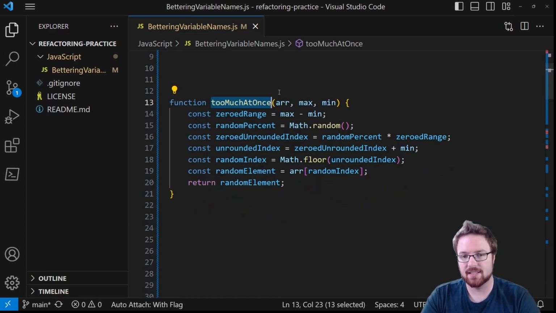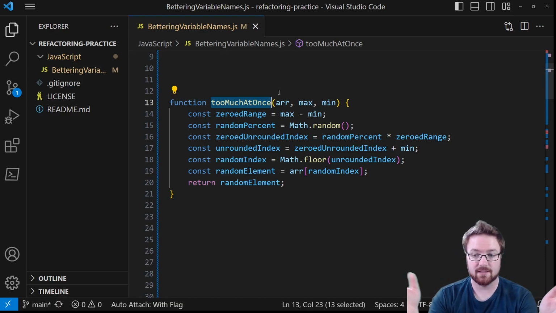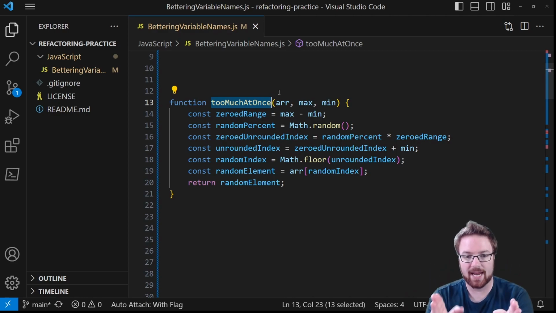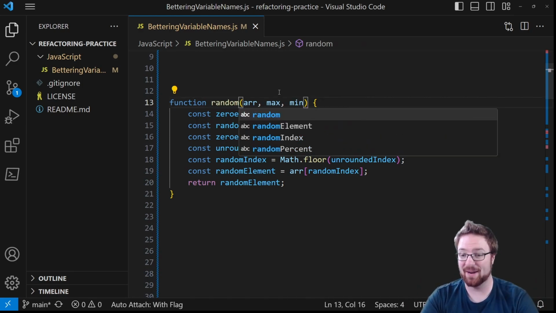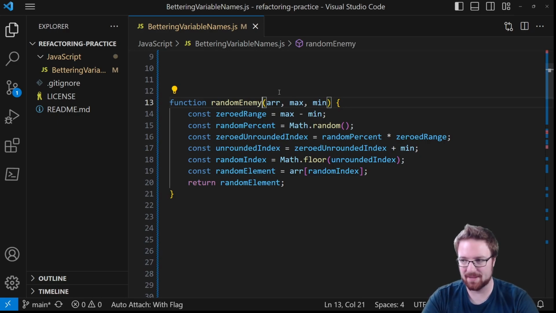So let's say that this is part of a video game. There's a video game that you're working on, and there's a list of enemies, and every so often one of the enemies spawns. And you don't care what kind, you just want to pick a random enemy. But let's also assume that the list of enemies is organized from weakest to strongest. So you want to have a range of enemies to pick from that are within a reasonable difficulty for the player. In that context, this function might be called something like random enemy, but it's not just a random enemy,